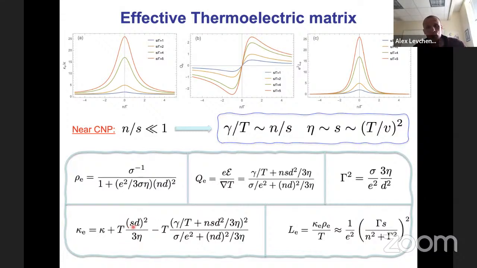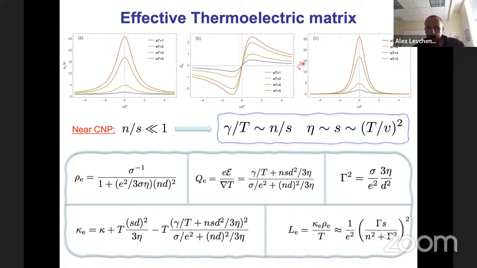And this is what exactly gives rise to the appearance of an enormous enhancement of the Lorentz ratio, meaning that electrical resistance is fixed, but thermal conductivity is big. And in fact, what is also most interesting is that for wide enough channels, if you're measuring D, this term, which is this effective thermal conductivity, can overcome the intrinsic value.